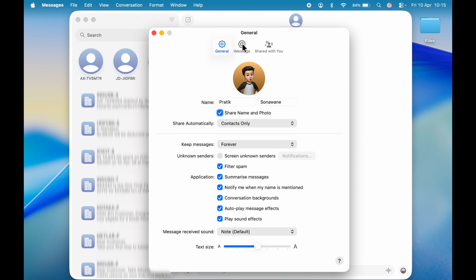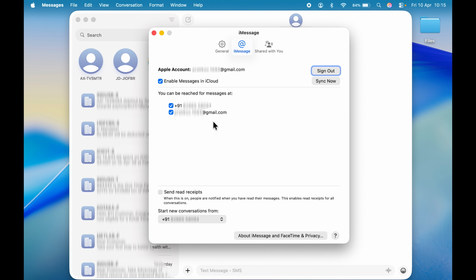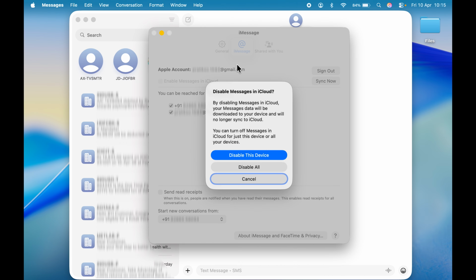All you have to do is simply go to iMessage, and over here you can check how you can be reached. It can be your mobile number or your email ID, right? And in order to disable iMessage, the first option is you can simply uncheck the box which says Enable Messages in iCloud. If you uncheck it, you will get a pop-up screen like this which says Disable Messages in iCloud,